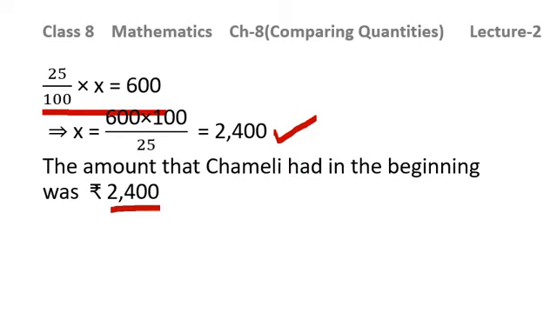If SP of an article is more than its cost price, then the dealer makes a profit. And if SP of an article is less than its cost price, then the dealer suffers a loss. And we have learnt the formulas of profit percent using SP and CP, and loss percent using SP and CP. And we have also seen the homework solutions of exercise 8.1. Children, I hope you will now be capable enough to solve the questions of exercise 8.2 based on the concepts taught in this lecture number 2.